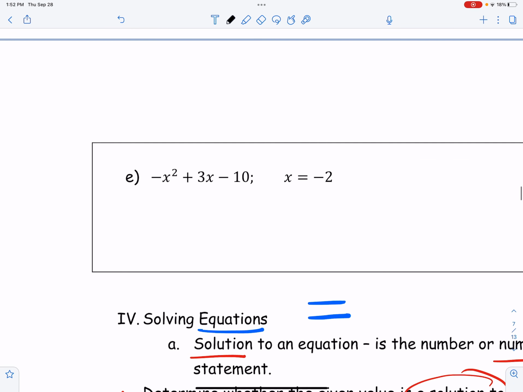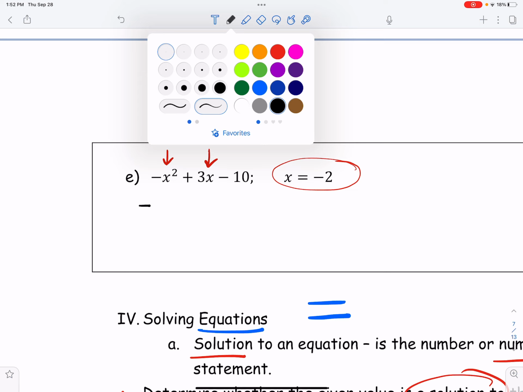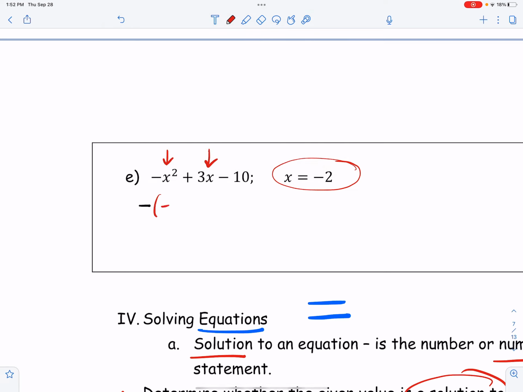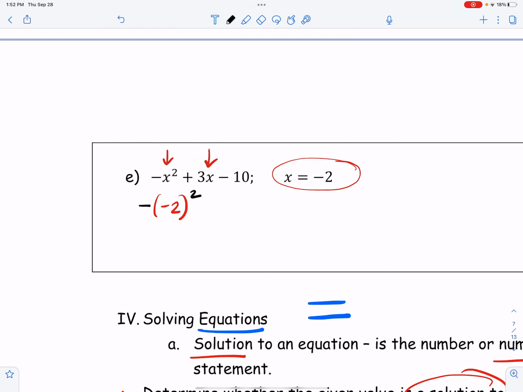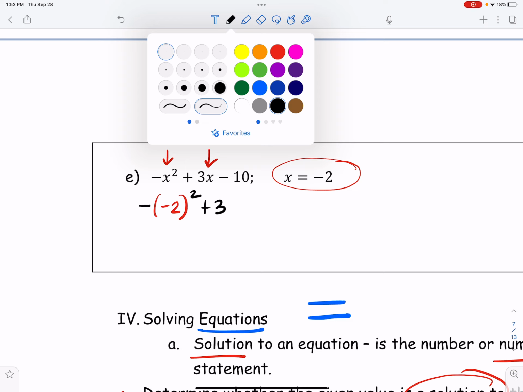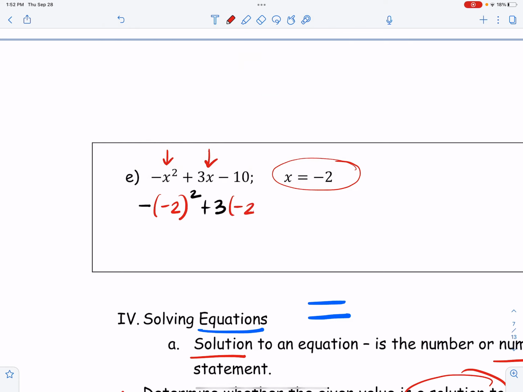That's especially important if there's a negative. So like here, I want to plug in -2 everywhere I see x. But I'm going to make sure that when I do that, I put it in parentheses. So this expression is negative, then I've got an x, so I'll plug that in parentheses, and it's squared. Then it's +3, and I've got an x, so I'll plug in -2 in parentheses there,